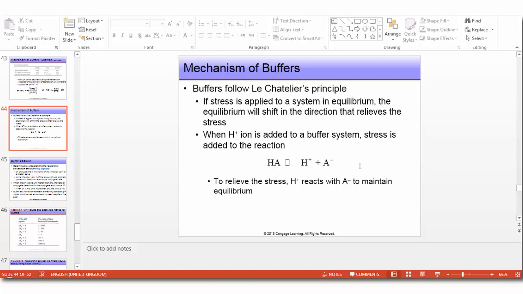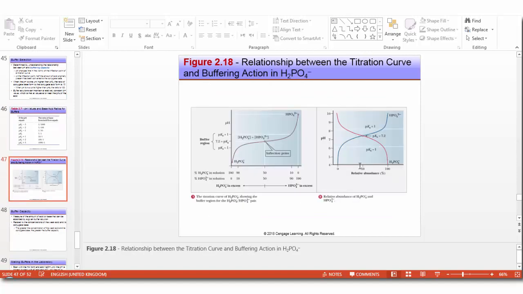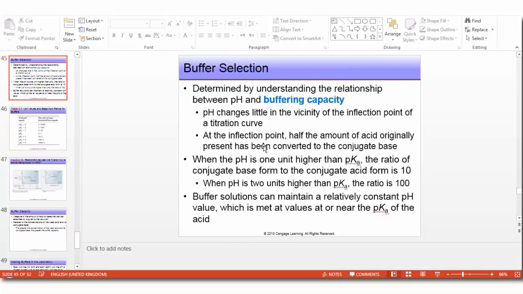Now the plateau region here in the titration curve, as you can see, indicates that minimum change will occur, where the pH does not change rapidly, and it covers a pH range extending 1 pH unit on each side of the pKa. That's why, as we saw in this table here,